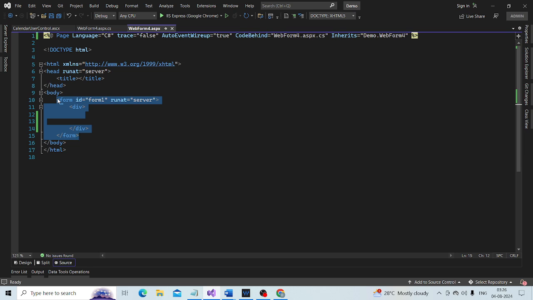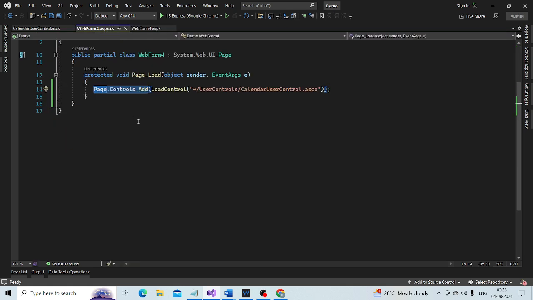To solve that we can use either a panel control or a placeholder control.